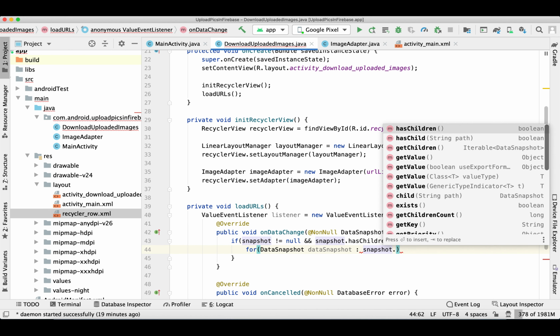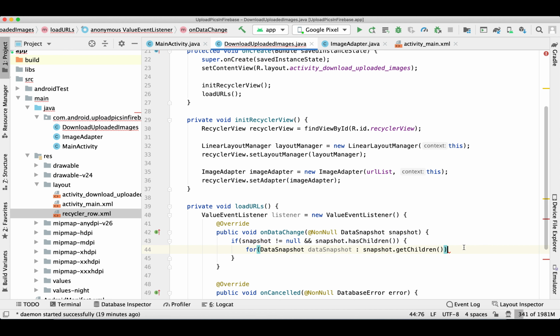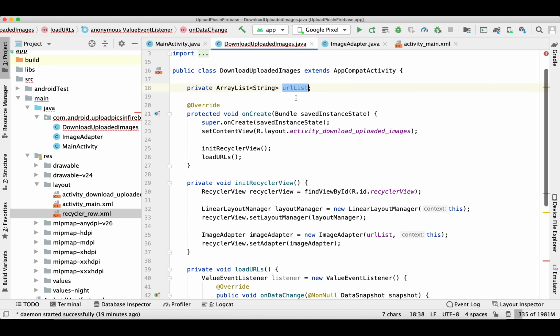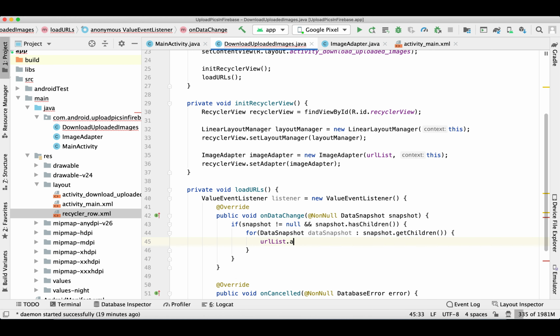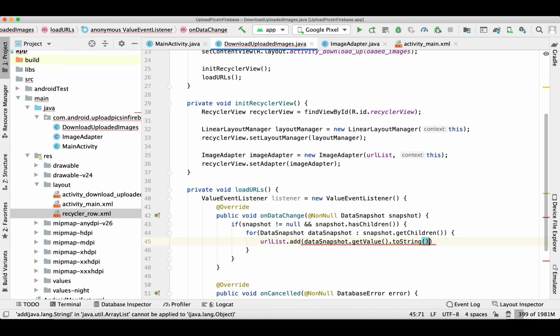Snapshot dot get children, and we'll add this URL to our array list. Data snapshot dot get value dot toString.